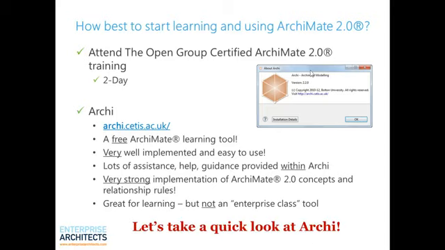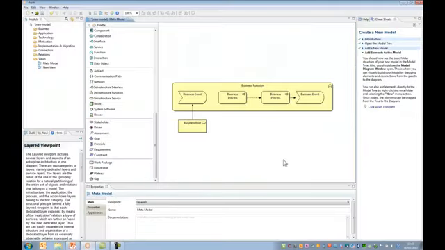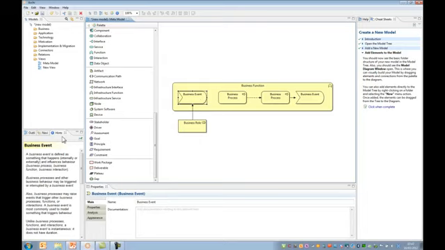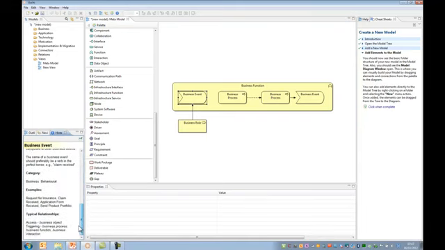So here's Archi. I've opened it up to a diagram. We can see that if I select any of the concepts in a diagram, I've got this hints panel down here in the lower left side of the screen. That is the language taken word for word from the Archimate 2.0 specification, the manual. And that's really useful to have handy when you're learning to use Archimate. It tells you the typical relationships between concepts in Archimate and other concepts, and it gives you a few examples of the types of concepts, and you can see that the hints are changing.